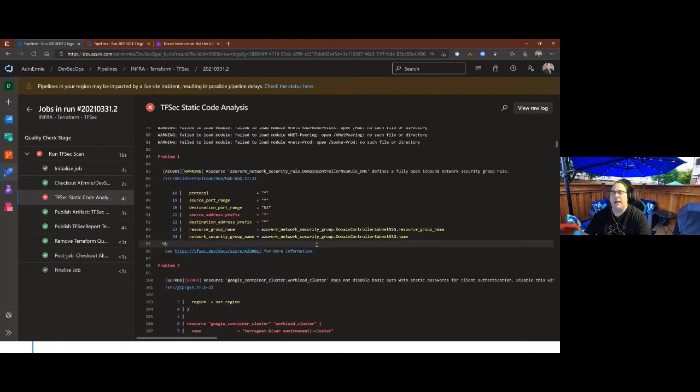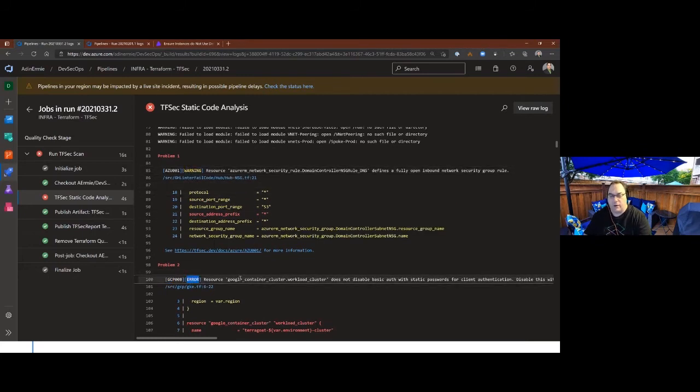But we see here a really nice visual, right? Clean and easy to see. Problem 1, problem 2, what it's targeting, right? Azure, GCP. So that's really good. And then also warning versus error. So it's very clear, if you're going to look at this output in the console from the pipeline, to see, okay, what cloud am I targeting? Is this a serious issue or maybe something we want to look at later? Where's the file that it found it in? Where's the code block it found it in?